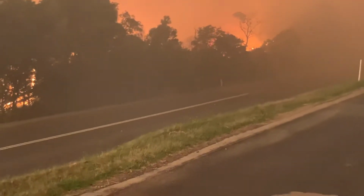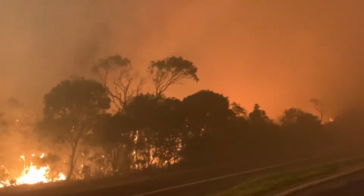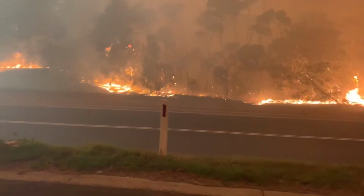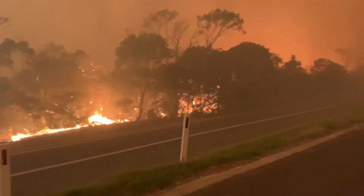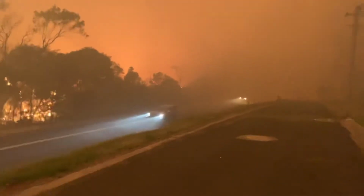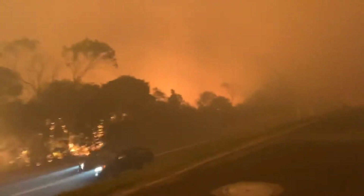Jet skis. It'll be hot. Yeah, I think our other house is going to go. I cleaned out the leaves of the house. Yeah, I think that house is going to go. Hope the residents got out. I saw cars coming out of there, as embers had fallen, mate. What do you reckon? Let's see if it...